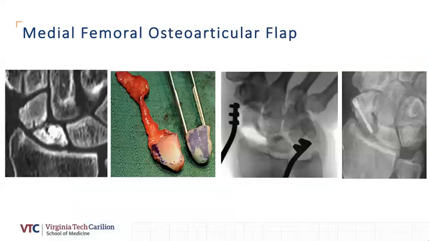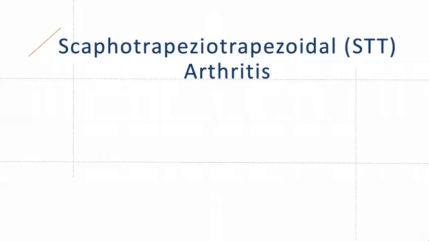And so here is just a case example, where it shows the fracture of the scaphoid, and then here you see the flap, and you can use a pre-designed template to carve out exactly the flap that you would need, and then you can see the pedicle there. Here you see the resected proximal aspect of the scaphoid, and then you slip that flap exactly into there in that shape that you want, and then you put a pin in it, and it usually heals up nicely. So next we'll talk about